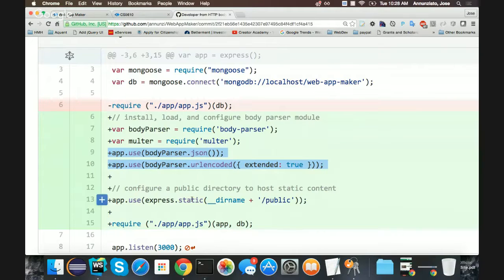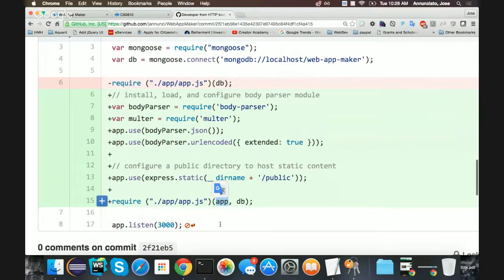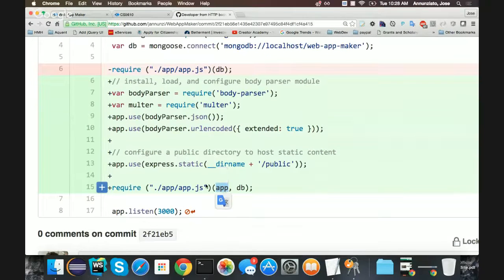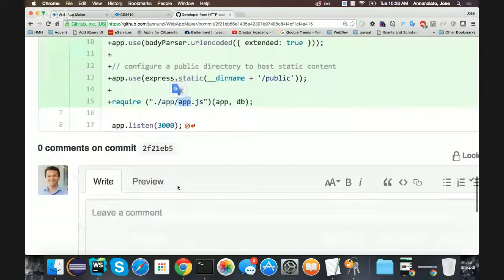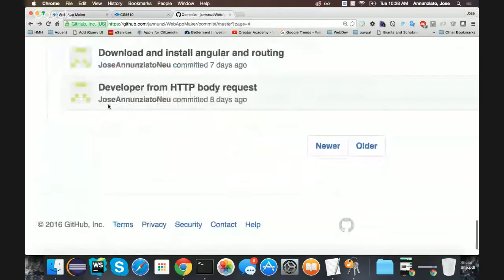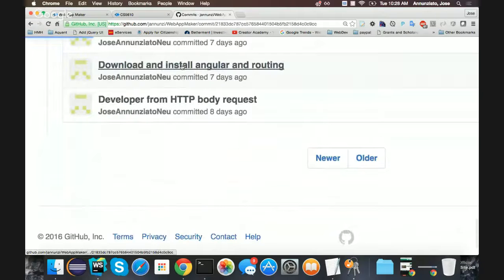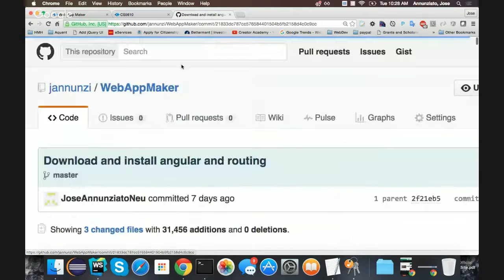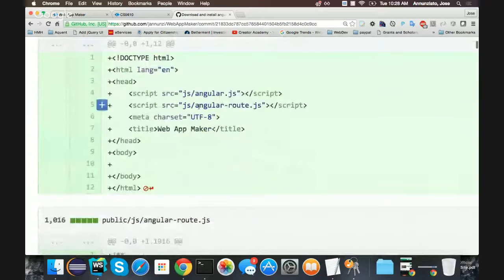Also, we are turning on the public directory, right? So we can start putting static content in there. Okay, and we're passing the app to the server-side implementation, so that can be used by the service to create the express posts and gets. I installed local Angular and routing libraries, right, and created my index page,